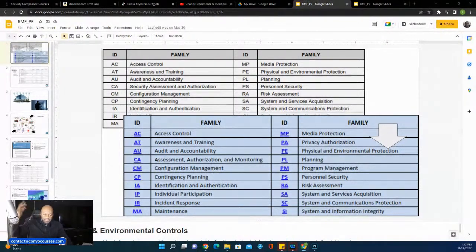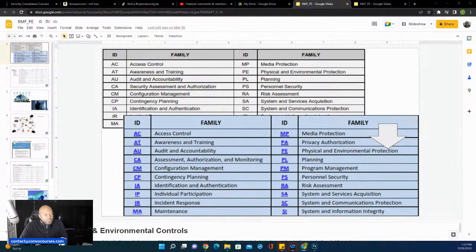Yeah, some of the control families that you have to use in an organization. Just to name a couple of technical controls you might have heard of: identification and authentication, that means like your username and your password. Another one might be configuration baselines, which is making sure that all the systems look the same. And another one, which we're going to talk about right here, is physical security and environmental controls. They're called PE controls in the NIST 800 security compliance family of controls.